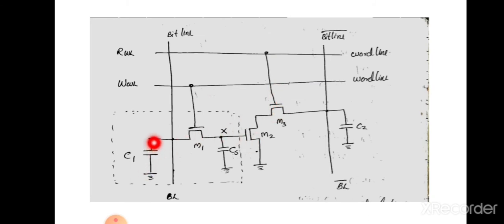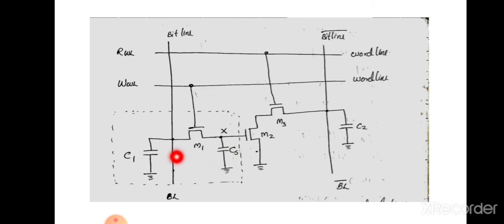Next, C1 is pre-charged to VDD, and whenever BL equal to 1, this VDD will be charging this capacitor. So its voltage will be VDD minus VTN, and VTN will be lost here because it is a threshold voltage. Whenever bit line equal to 0, the voltage will be 0, the capacitor will not be charged. So whenever bit line equal to 1, 1 is stored in this capacitor. Whenever bit line equal to 0, 0 will be stored in the capacitor.